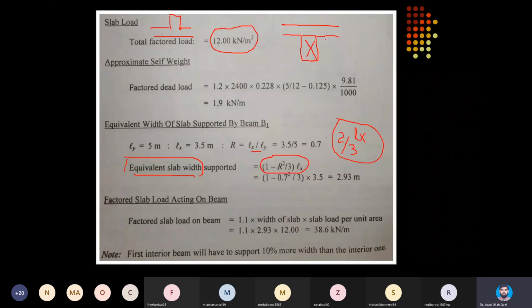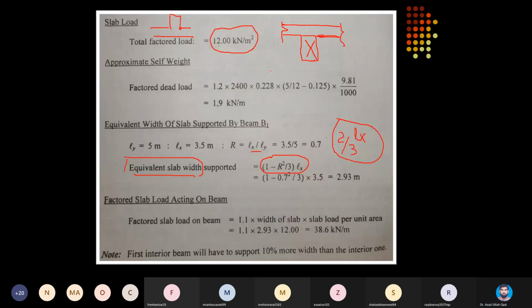The statement says that the slab factored load is 12 kilonewton per meter square. If it were given that this 12 kilonewton per meter square includes not only the slab load but also the beam stem load projecting below the slab,